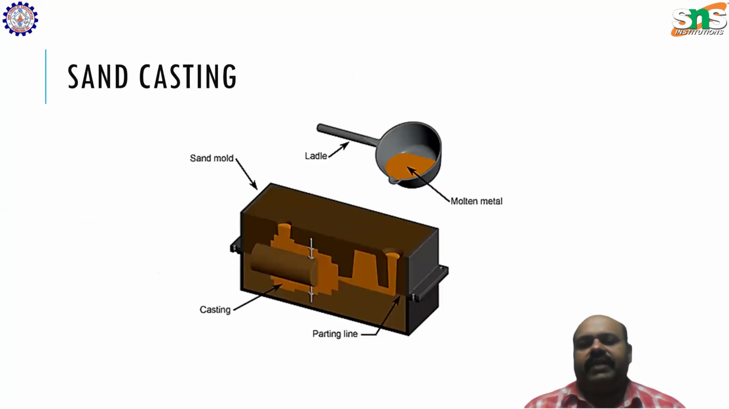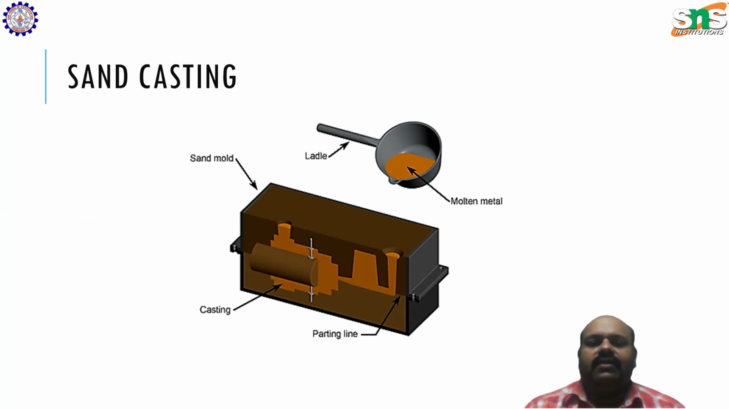This particular picture shows how a casting process takes place in any foundry. We have a pattern here, and this pattern is prepared with the help of a wooden pattern or wax pattern or any other material suitable for a pattern. And we have a spoon-like structure, and this carries the molten metal. The metal is melted in a furnace, and it is in the liquid state, and it is poured into this